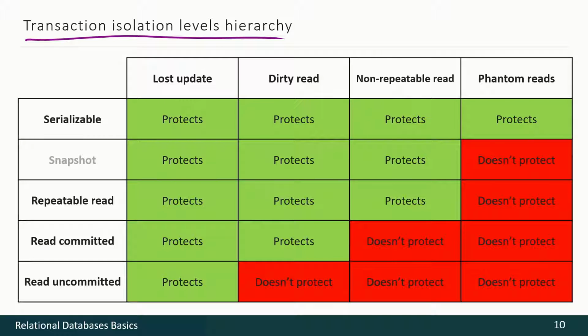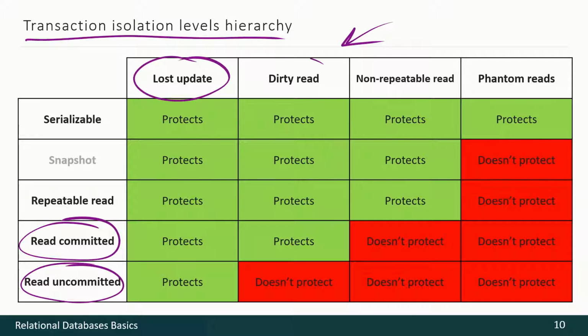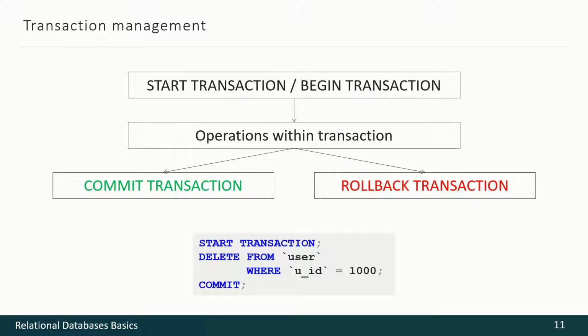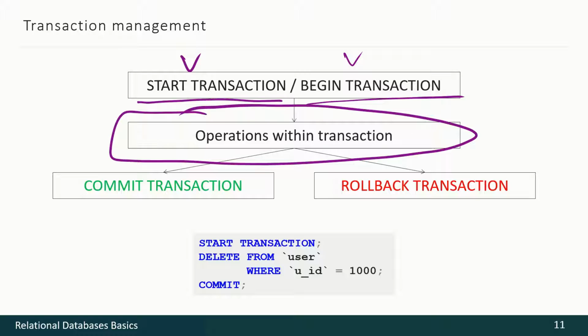Here they are. This information is just a kind of cheat sheet, so you may pause the video and read about which isolation level protects us from which problem. And in a couple of seconds we'll see how to manipulate the transaction isolation levels. But first we have to review the overall transaction manipulation syntax. Each transaction should start with the start transaction keyword, or begin transaction in some DBMS, then the operations of the transaction will happen, and then we shall use either commit transaction or rollback transaction syntax. This is how it looks.